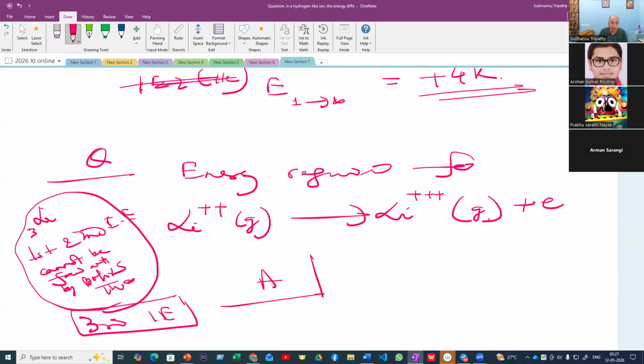So the energy of any one-electron species is minus kZ square by n square. For the ground state, n is equal to 1. So minus k, and Z is 3, so 3 square, because lithium has atomic number 3. So minus 9k is the ground state energy of the electron in Li double plus. Already 2 electrons are gone, so that solitary electron to be removed, that is called the third ionization energy of the lithium atom. Or we can say the energy required to convert